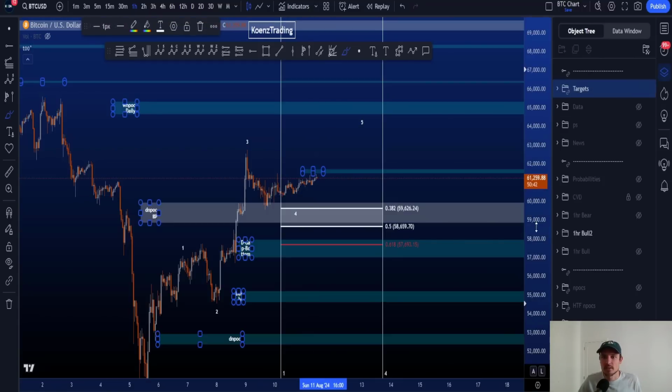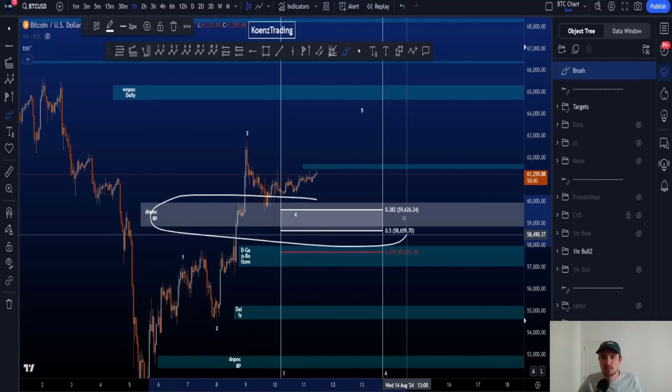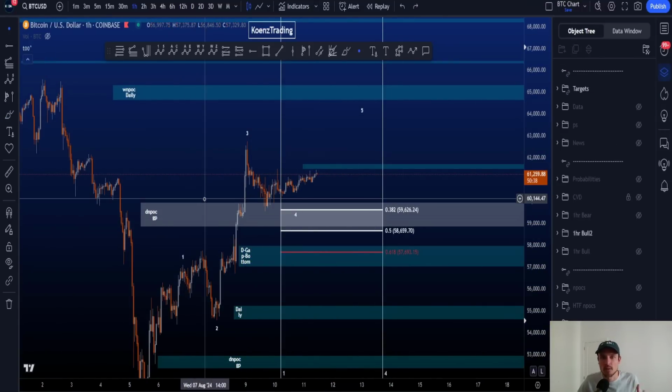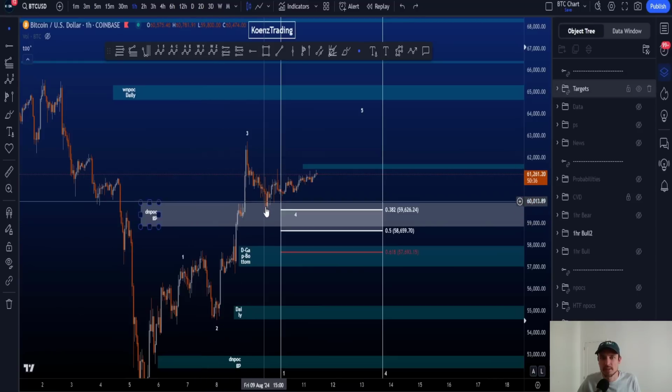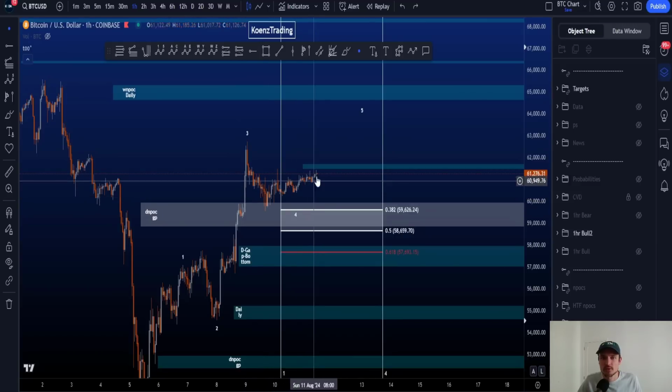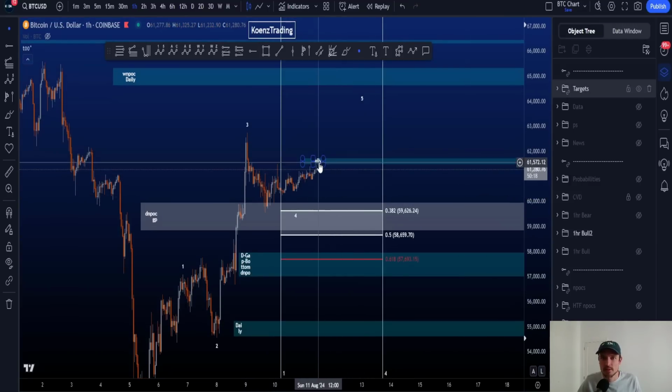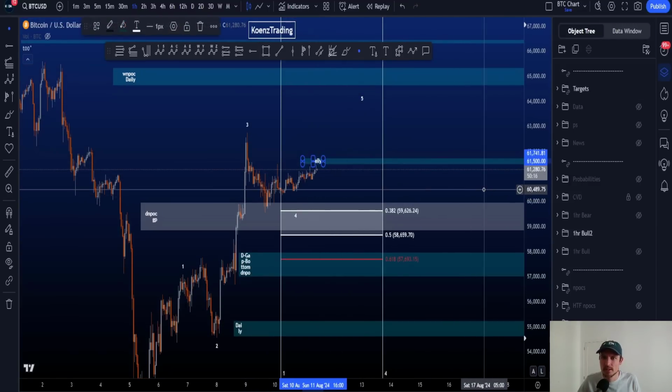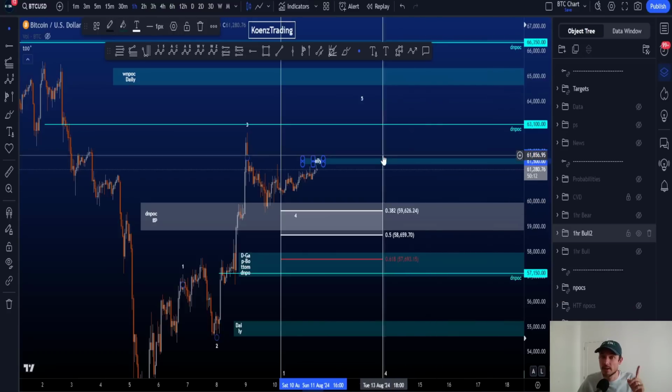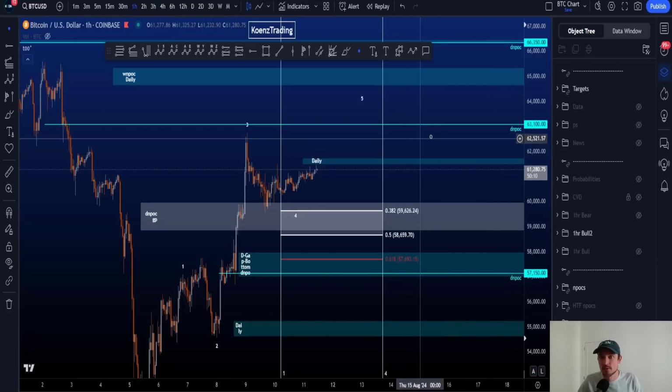And inside this target area, we do have this support resistance flip area, the white box, right? Move towards the upside, have tested it once now in confluence with this range over here, acting as some structural support. And now we have this slow move towards the upside. We have some resistance just above us here, 61.5K to 61.7K. Above this, by the way, an important daily naked point of control as resistance,